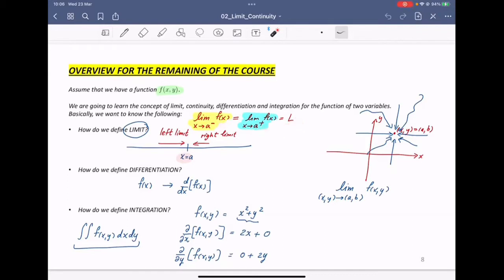Today, we're going to extend the idea to two dimensions, or functions of two variables. The good thing is that we're going to keep everything that we learned in Cal 1 and we're going to repeat it again